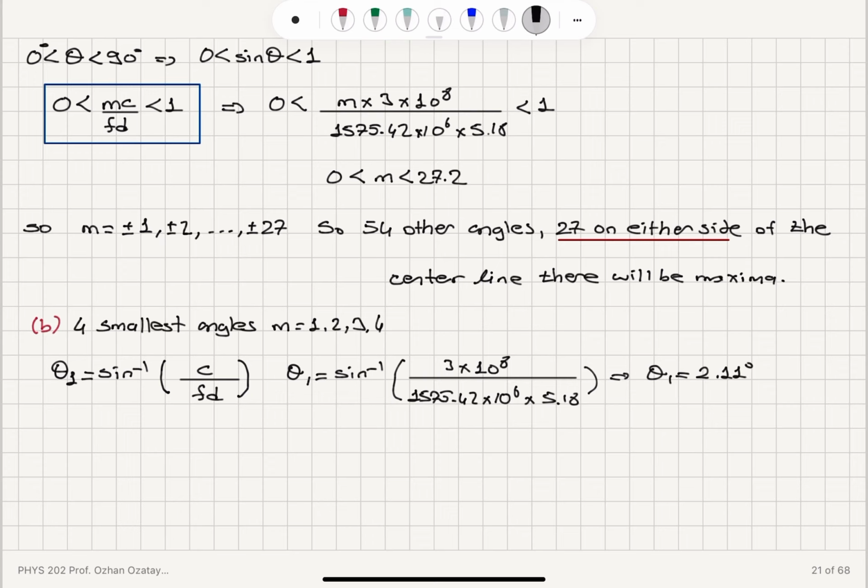Theta 2 will be sine inverse of m equals 2, so 2c over fd. That will give me a theta 2 value of 4.22 degrees. Theta 3 will be sine inverse 3c over fd, which will be